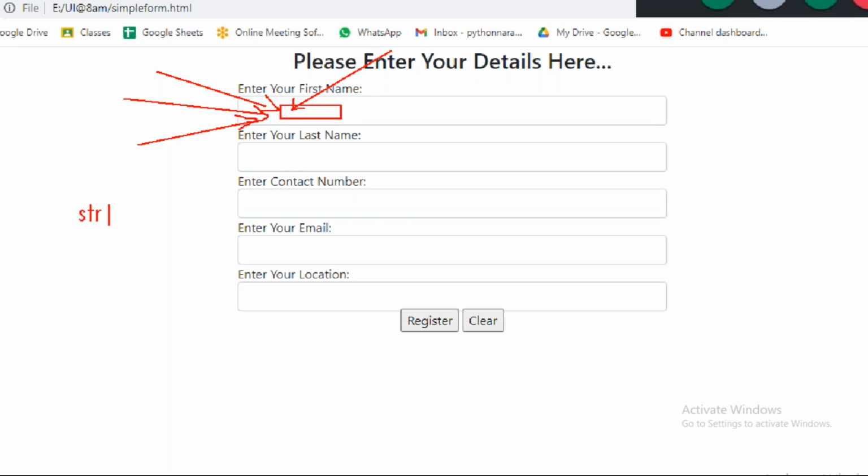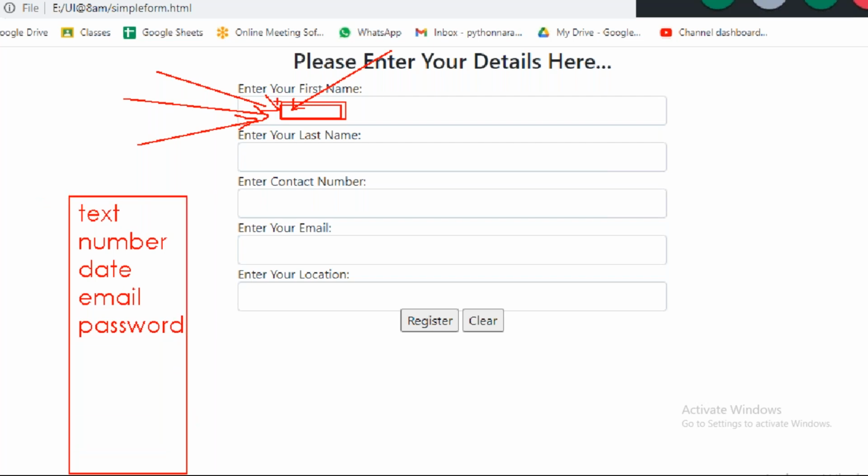Is it string data, nothing but text? Is it text, or number, or date, or email, or password? So what is given for first name? Yes, text is given, right?